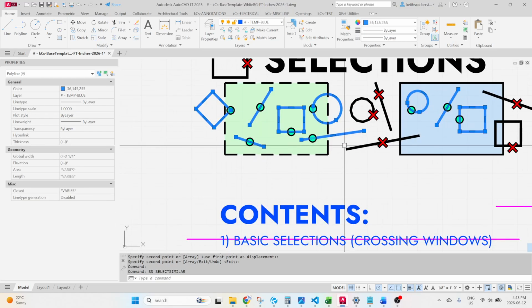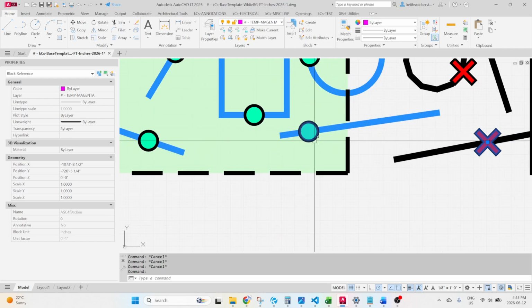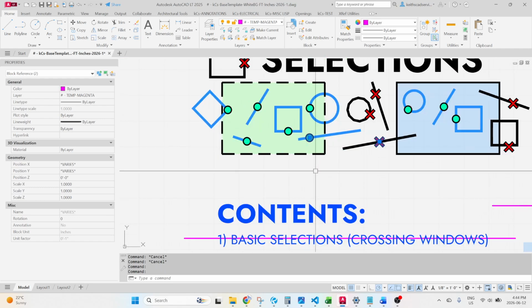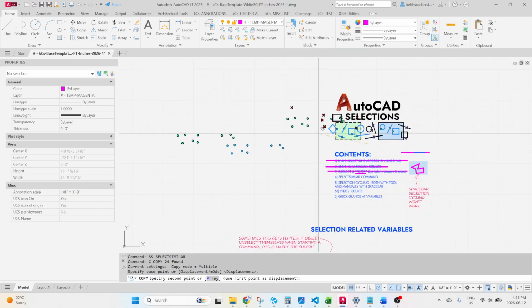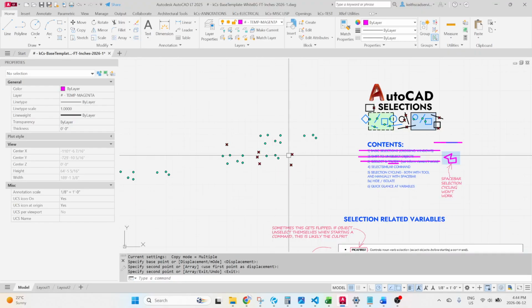If I could do the same thing with the lines. You can select more than one object type and it'll select all similar objects to both those object types, or even if you had more than two, obviously that would still work. So that's just a good fast way to